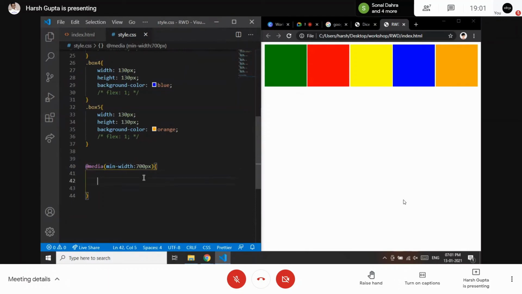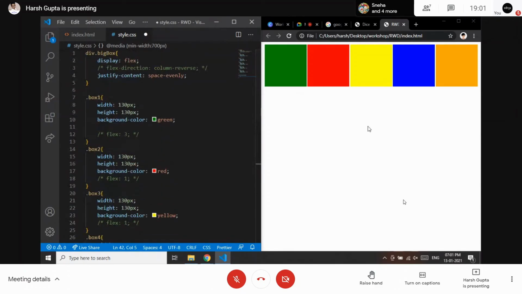If the browser window has a certain length and is not exceeding 700 pixels, then apply this property as well. Now I will go above, because I want this content to show from horizontal to vertical. I just need to call div.bigbox and apply the column property.